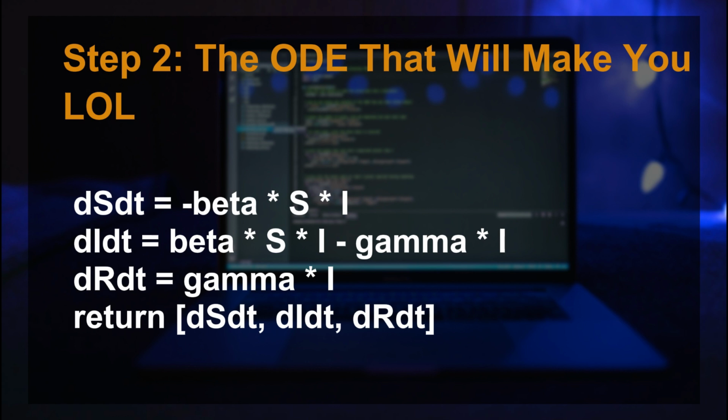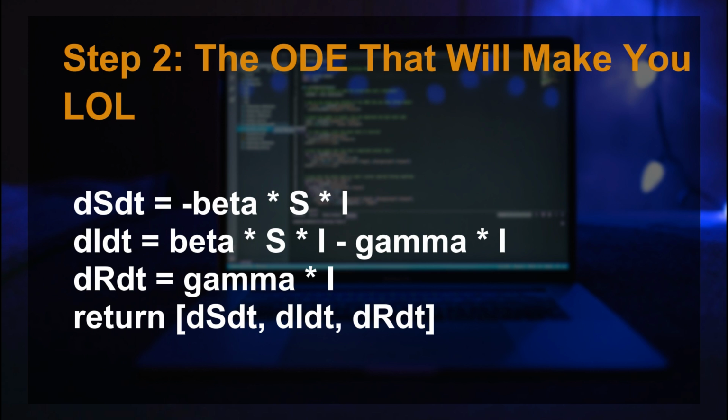After this we have drdt. These are all variable names, and you can change them as per your convenience. Remember, it is more convenient to write it in this form, because in mathematics we also write it in a similar form. That is why I have written it like this. It's your choice, you can change it to whatever variables you feel good writing down. After that we have drdt is equal to gamma into I, and in the end my function will return